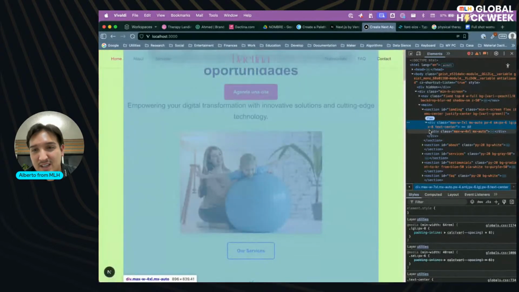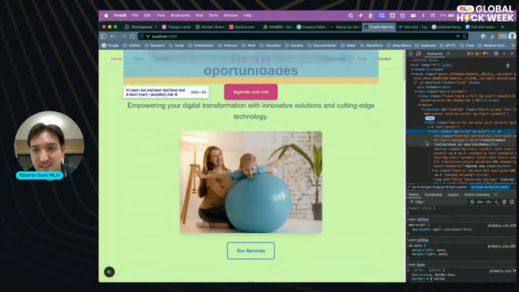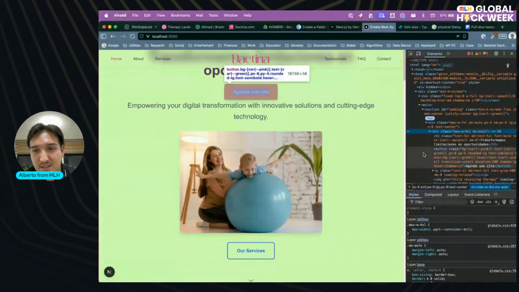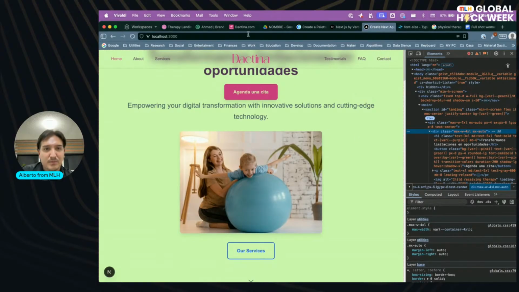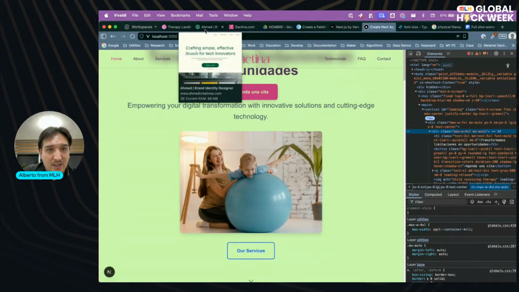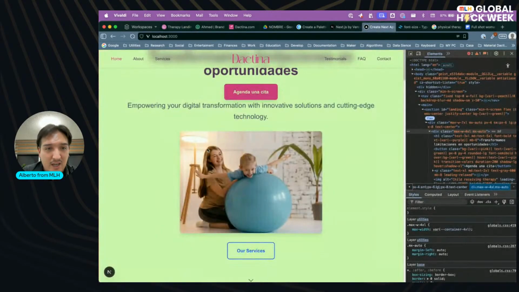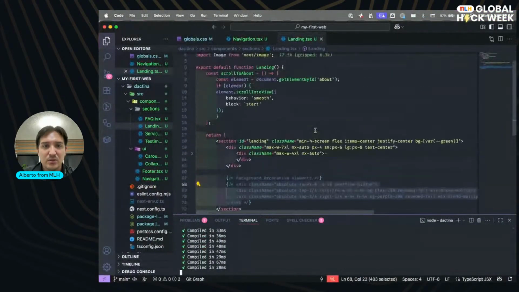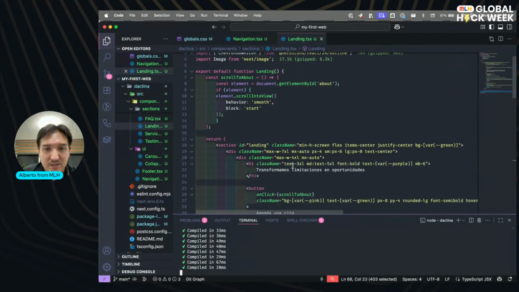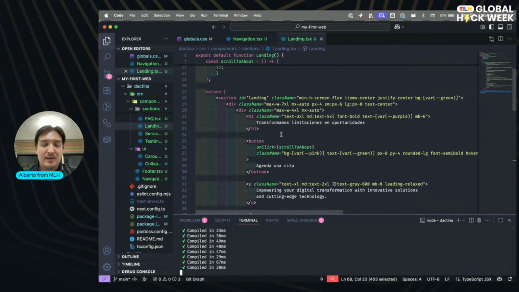So inside there is the H1 and the button, and I need to create another component to make this button or this text be inside the image. And for doing that, I am going to do something really similar to this. Actually, I'm going to increase the image, and I'm going to increase the borders, and I'm going to move the rest to be inside this.